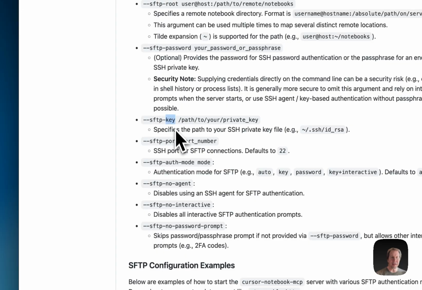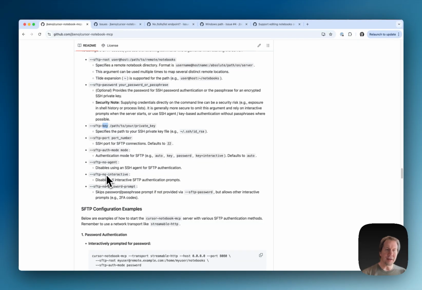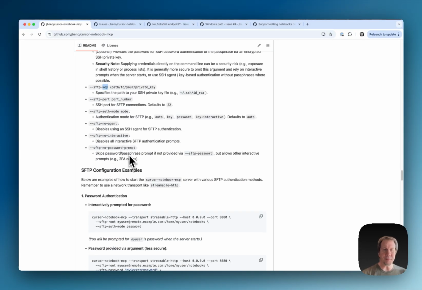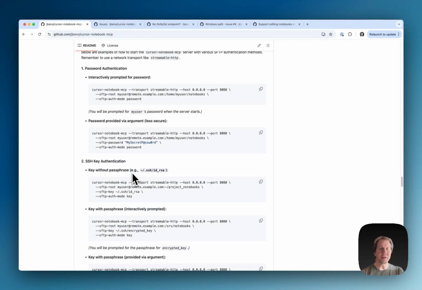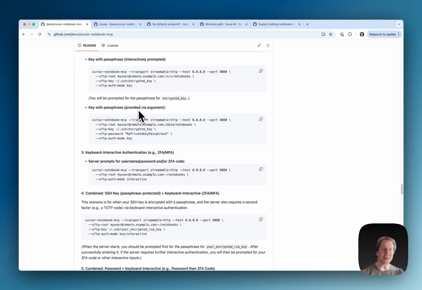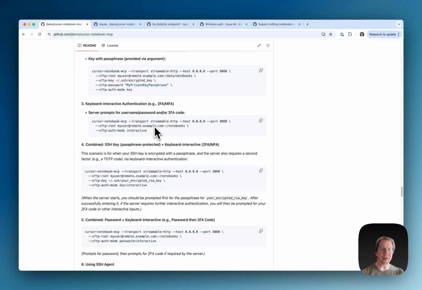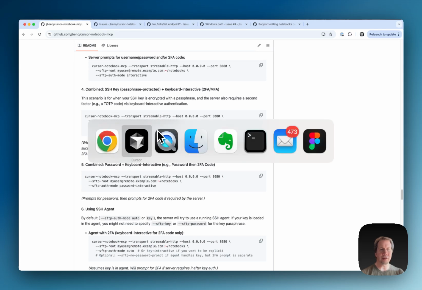The path to the key, your private key, what's the SSH port, right, that we need to connect in over, and some other options there. You can take a look. So and show some configuration examples, and let's go take a look at